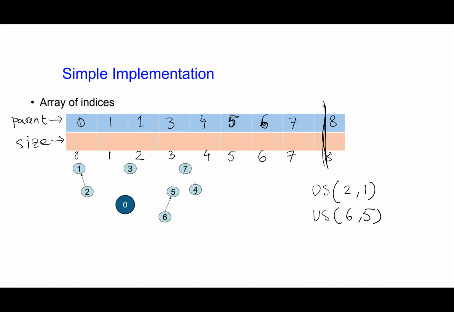And then we do union by size of 4 and 7, right? We go to the 4th element, we see the parent is 4, and we go to the 7th element, the parent is 7. So we do this here, and this becomes this. Okay, next we do union by size of